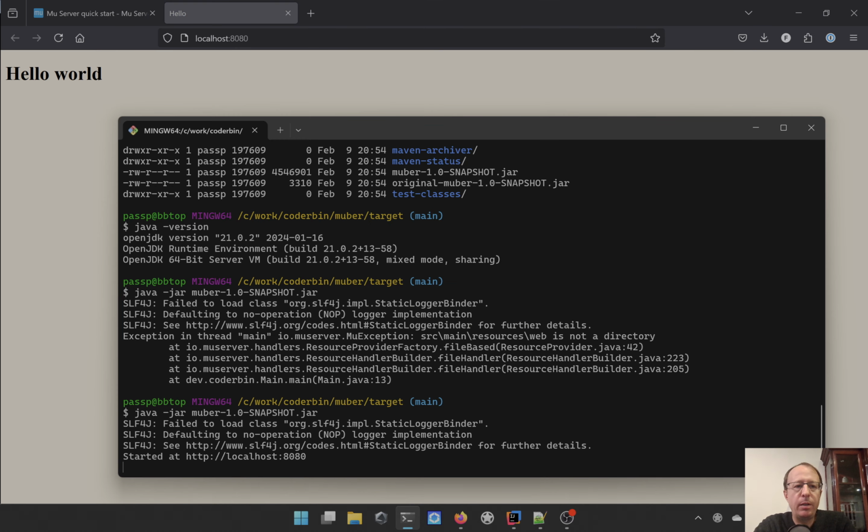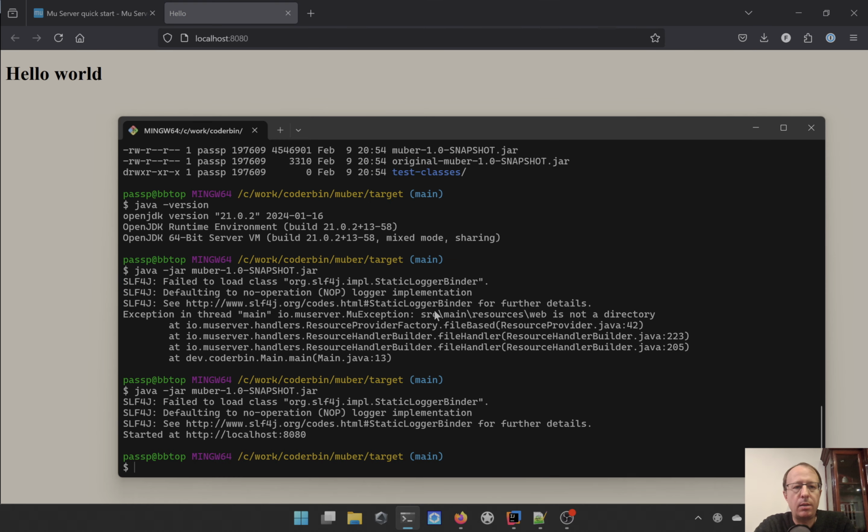There's one little problem though. Let's stop that server there. When we are running during development mode from our IntelliJ, if I want to make a change now, let's add a paragraph. How's it going?